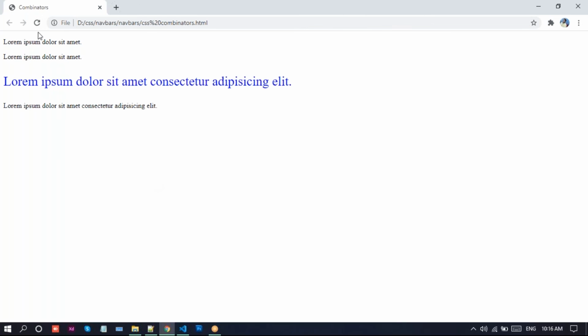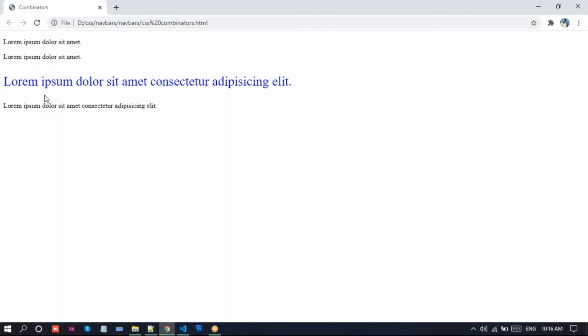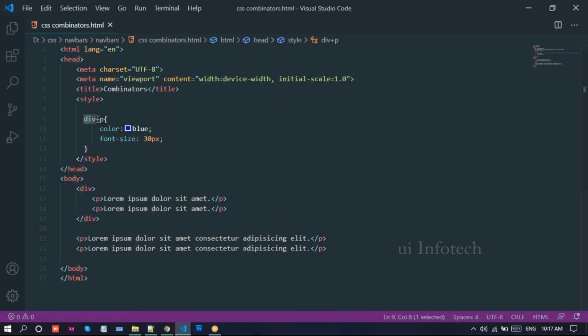Now look at this one. What will happen? Now just reload this page. Now look at this one. So it just took this immediately. The immediately following sibling is what gets the CSS applied. That is the use of this adjacent sibling selector. Adjacent sibling selector is immediately the following, and you write this CSS for this div here. So div means div having these two child paragraphs. So apart from the div, the next immediate following element gets the CSS. It can apply the CSS for the next element, that is the sibling element. That is the use of the adjacent sibling selector.